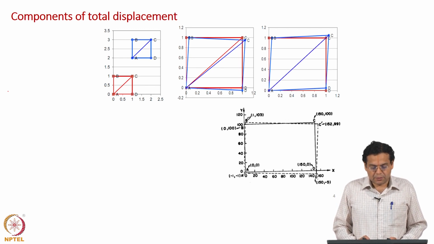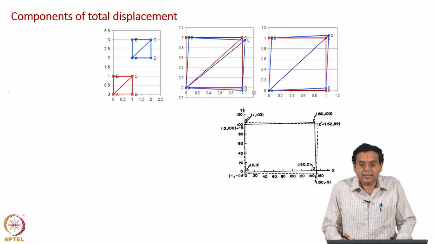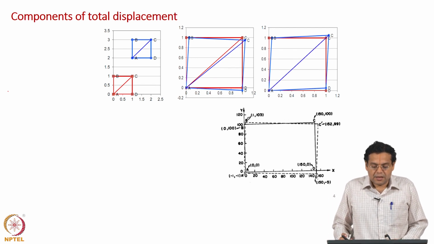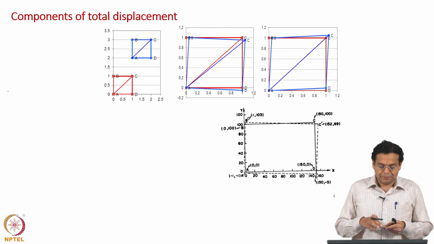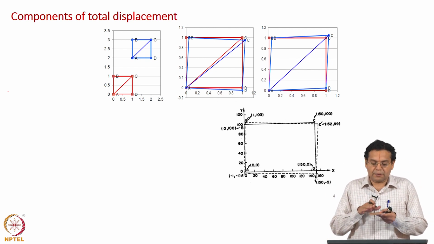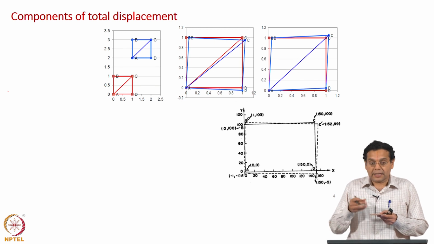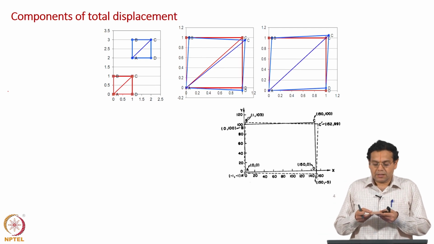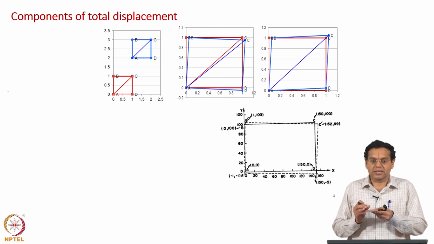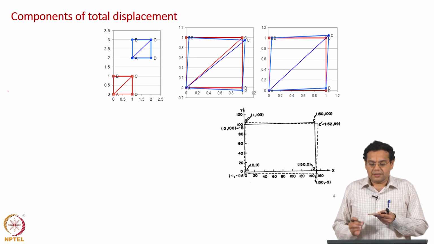Now, if you look at the title, it says total displacement. When I say displacement, it means change in coordinates, that is all it means, nothing more than that. If you have a plate and then you apply a force, it undergoes deformation, there is some change in coordinates. That change in coordinates could be because of several reasons or several components. First, if you just move the plate, it is translation, that is what we have seen. So, that can result in change in coordinate.